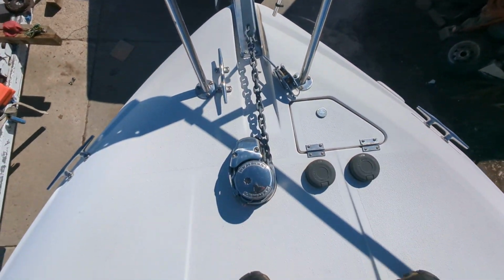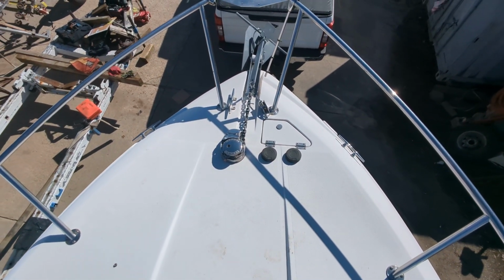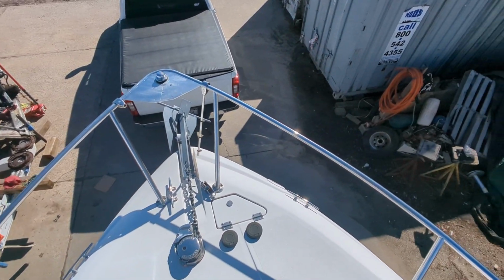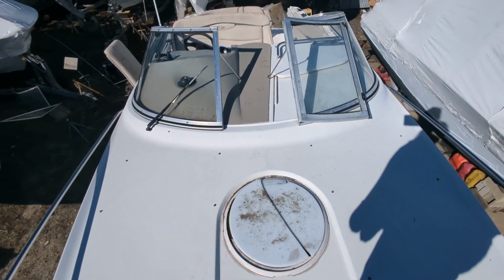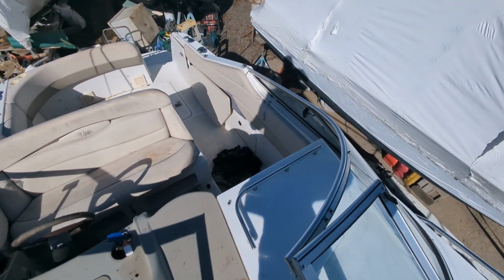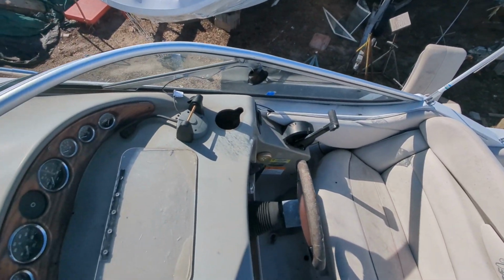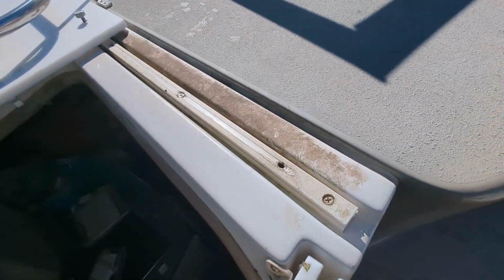Anchor davit, and I actually bought a new solenoid for it. So I'm going to sell that if I end up parting this boat out. The bow rail seems to be in good shape. And this is the boat. I'm just making a video of the boat because I made one and it was full of leaves and I couldn't get the hatch open, and then when I power washed it, I ended up,